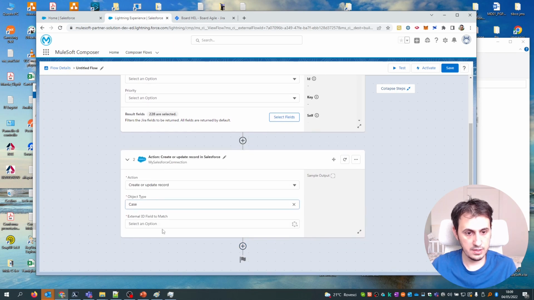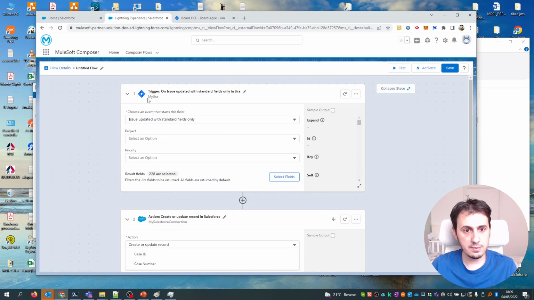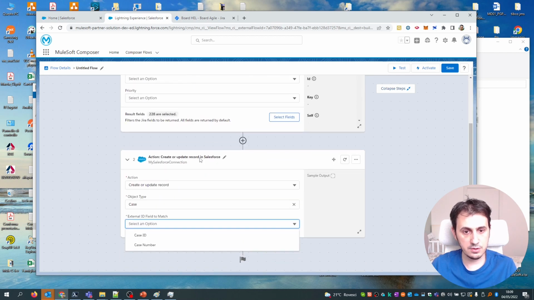Case. Okay. They ask me what is the external ID field. Let's create an external ID to contain my Jira ID, in order to upsert, to create an upsert key.